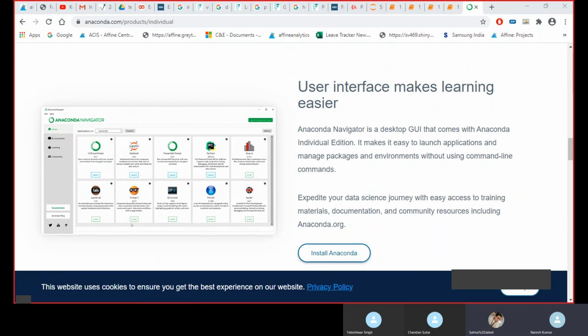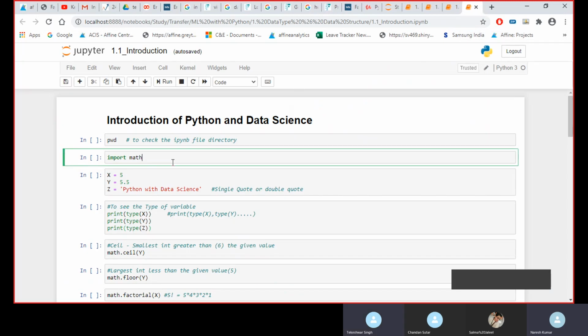Once you click on it, the navigator would open this way, and from here you need to go to Launch Jupyter Notebook. Once you click on this, you will land on a window like this.